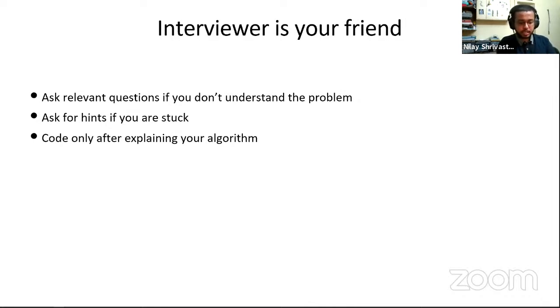So the first is that suppose you're very confident about your solution, and once you have read the problem statement, you spend 1 or 2 minutes, and just after 1 or 2 minutes, you are very excited. Okay, this is the problem which I've seen earlier, and you just start coding it. While coding,